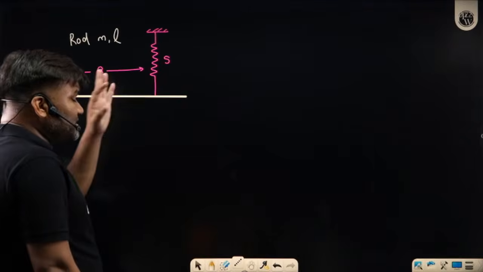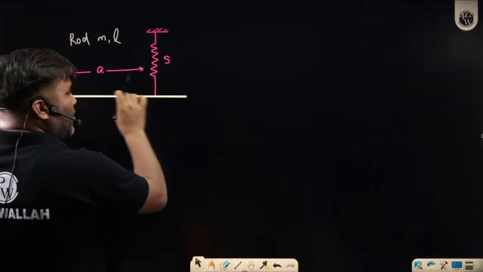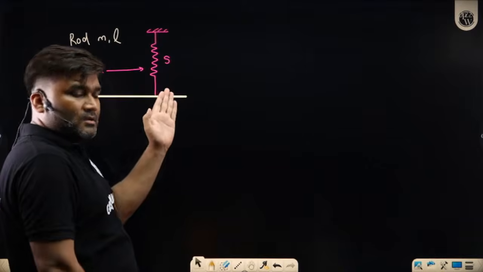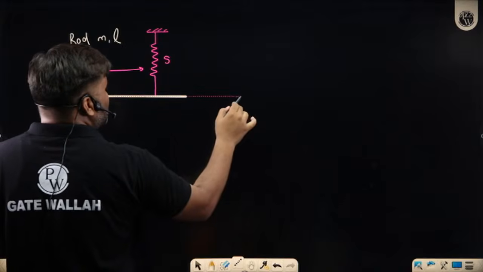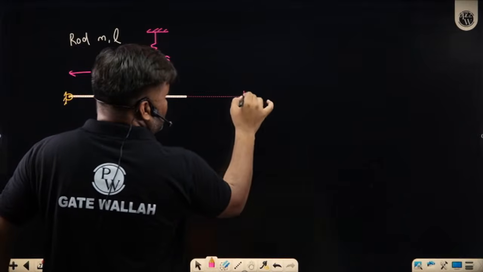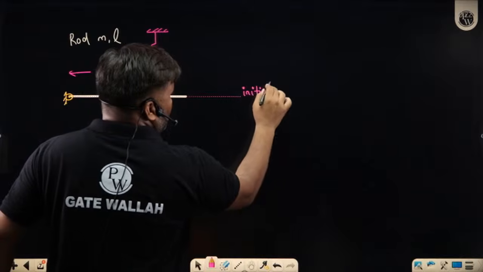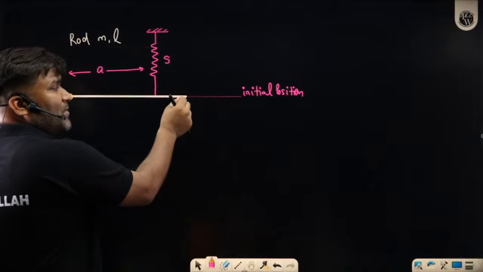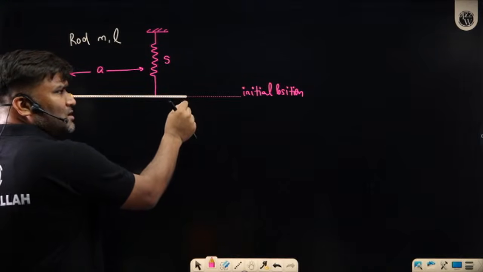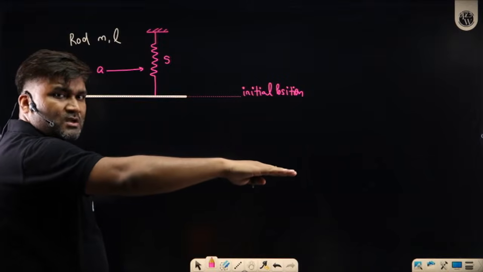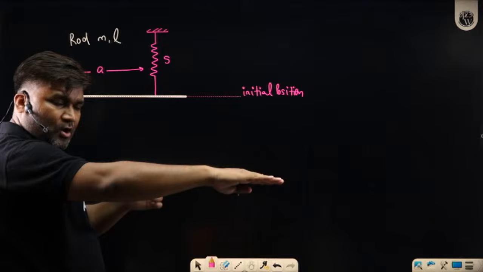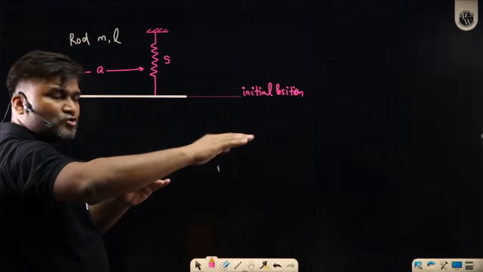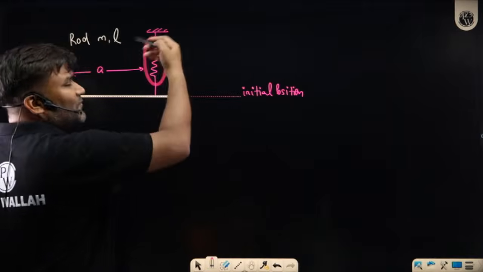On the other hand, in this case, if initially I have taken this rod horizontal and I have connected a spring, the initial position looks like this, sir. This is my initial position. And the moment you slowly release this rod, because of the weight, the rod tries to come down, the spring elongates a little bit, the rod further goes down, the spring further elongates a little bit. There will be some situation where the weight is going to be balanced by the spring's deflection.